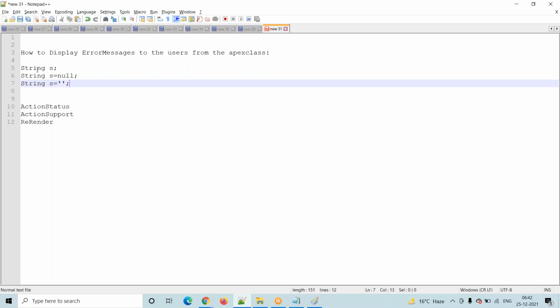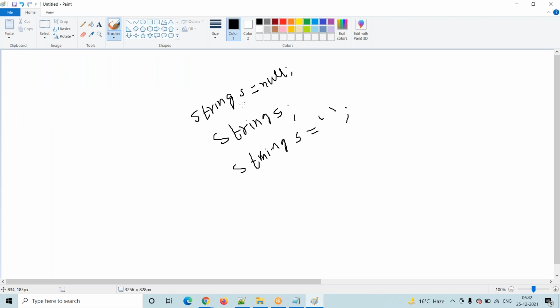What is the difference? The first one is line number 5. What exactly does this mean? We are declaring one variable. For this variable we are not allocating any memory. Then what will the system take? It will take null only.